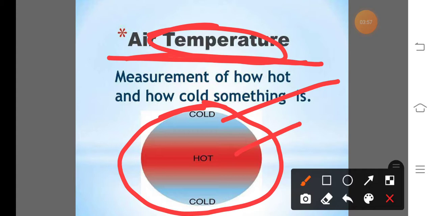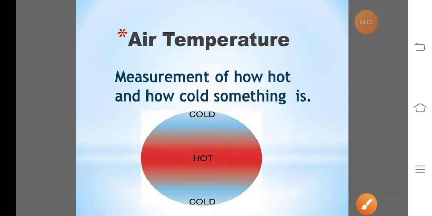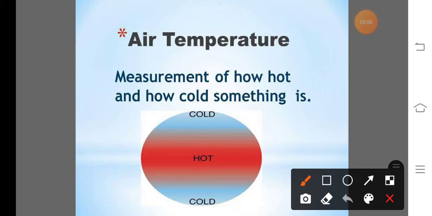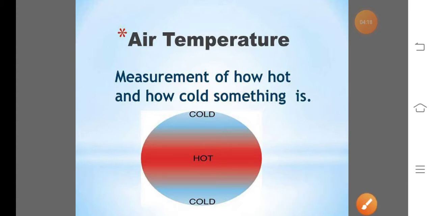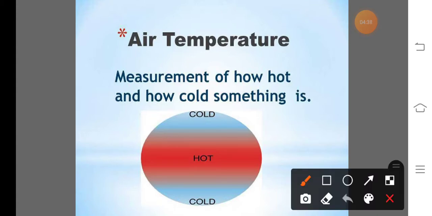In simple language, the degree of hotness or coldness of a substance is known as the temperature, or in other words, the temperature means the intensity of heat. That means the intensity of heat is known as the temperature. And this temperature is a very important weather element or weather parameter to human beings as well as animals as well as crops, that means plants. Also this is a significant factor determining the life and the productivity of the soil.